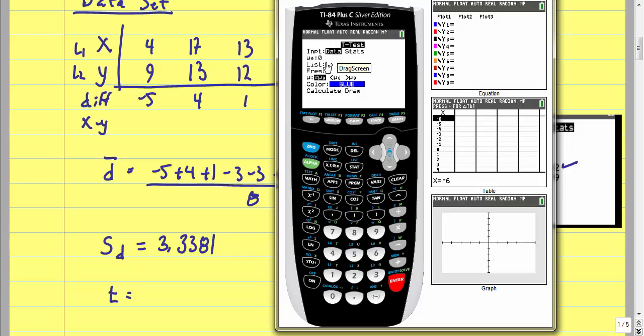Now the hypothesized difference, we haven't really talked about that because we haven't seen an example of it yet, is always 0. The alternative hypothesis will be the less than, greater than, not equal to case. Okay, so our data is in L3, so that works good. Frequency is 1, meaning each value occurs once, each pair occurs once. And here I'll just look at the not equal to case to find my test statistic. To find the test statistic, it doesn't matter which one I look at here. What the difference is between the less than, greater than, and not equal to will matter when I look at the p-value. So we'll go ahead and calculate that test statistic, and we can see here that the test statistic is